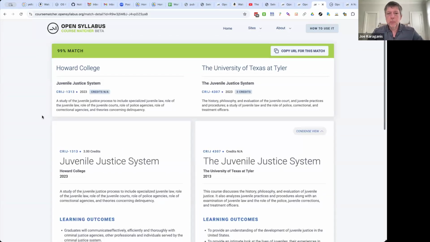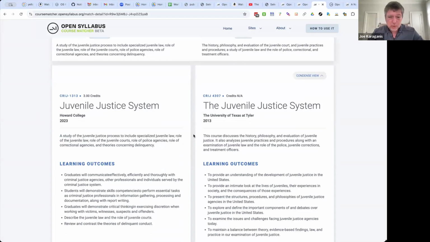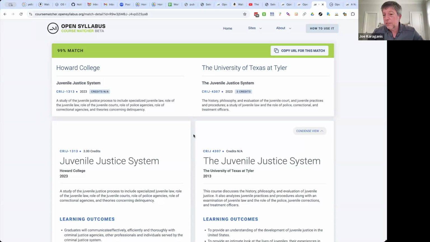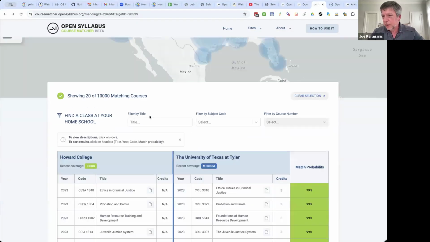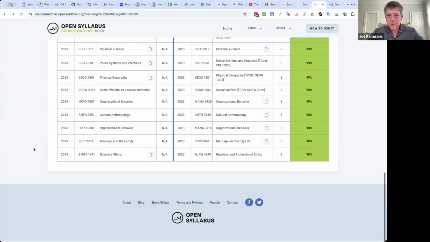So we will typically show the most recent syllabus we have in the corpus. This one is pulling up a 2013 syllabus, which is probably too old to be relevant, but one of the things we found is that determination really varies school to school and field to field. Schools will make their own determinations based on the course and field as to what the freshness of the comparison needs to look like in order for it to be treated as